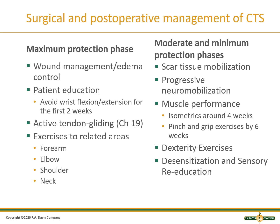Muscle performance will be a focus as we progress the patient, so our isometrics are going to begin around 4 weeks following surgery, and then we'll do pinch and grip exercises by about 6 weeks. So again, we want to start light and work them into more movement and more force generation that's necessary. Dexterity exercises, again, remember that thenar involvement. We're going to have to help work a lot of opposition exercises, training activities that require opposition, like buttoning shirts,